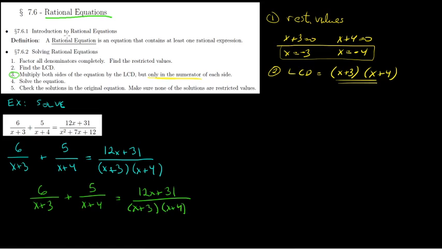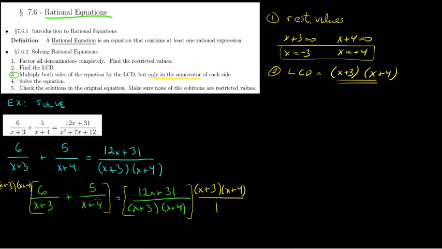Because let's look at step 3. Multiply both sides by the LCD, the LCD we just found in step 2. That's this here, right? So multiply the left side by the LCD, x plus 3, x plus 4, and the right side. Remember, not top and bottom. So this is why I had to write it over again. I had no space over here to write the LCD. In fact, I barely have enough space now. So x plus 3 times x plus 4,